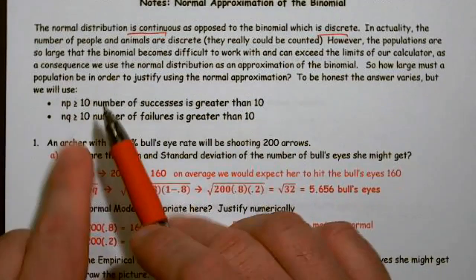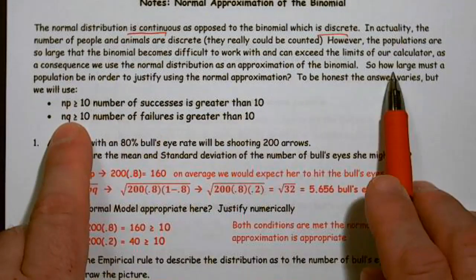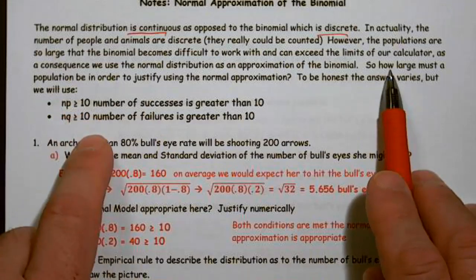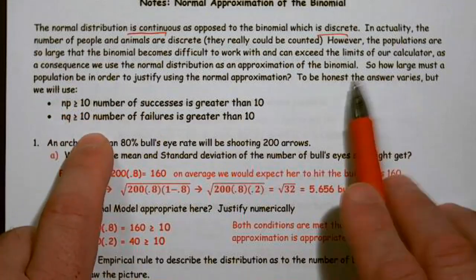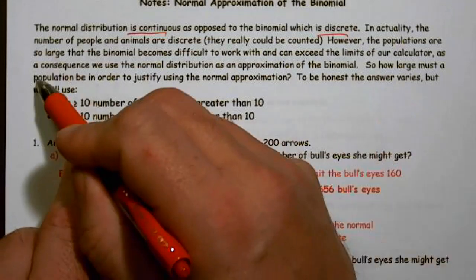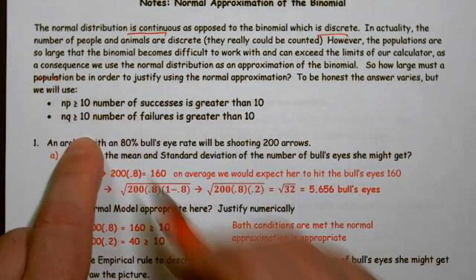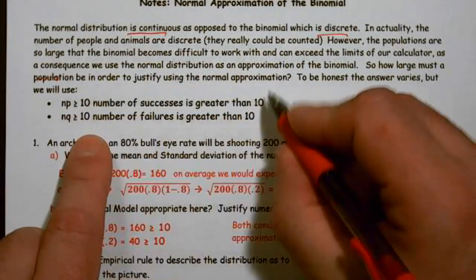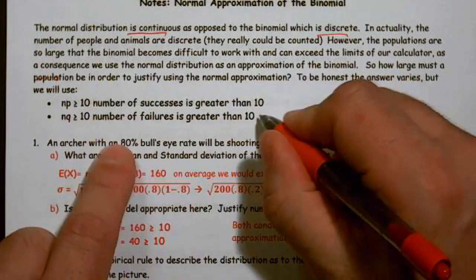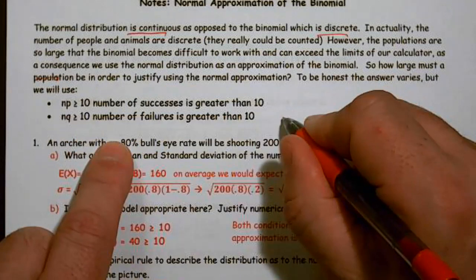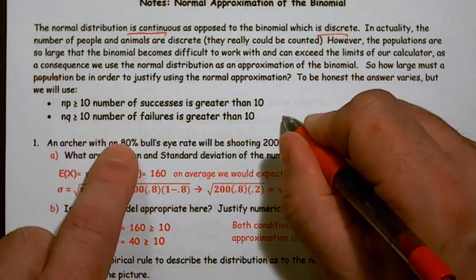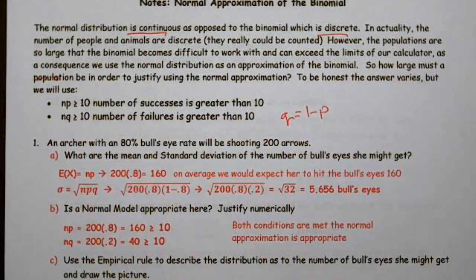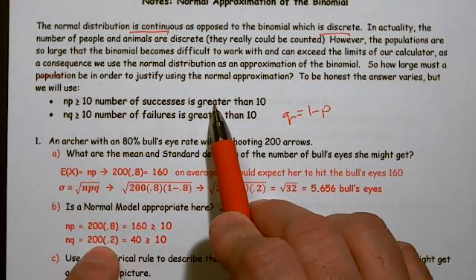So, conditions. We need to make sure that we have a large enough sample. Well, how large is large enough? This says population, but this should say sample. How large of a sample? Well, the fact of the matter is np and nq must be greater than 10. This varies from book to book, but this is the one that AP always accepts, and it's pretty standard. Please remember, q equals 1 minus p. So the number of failures has got to be greater than 10,